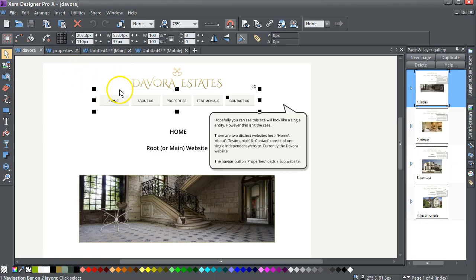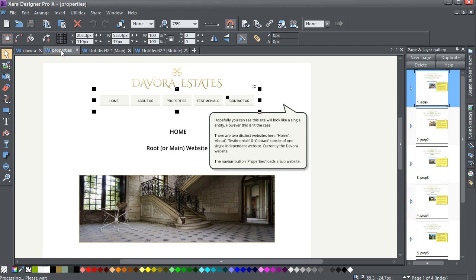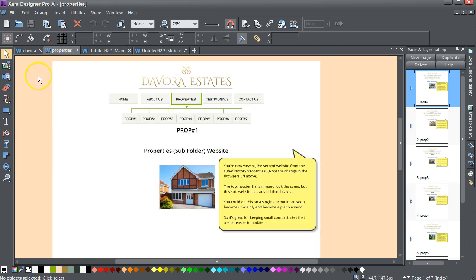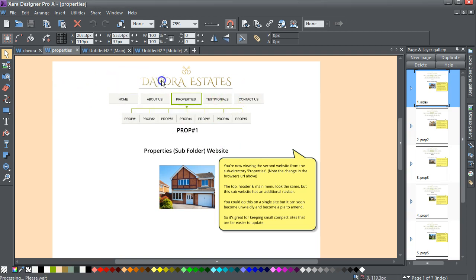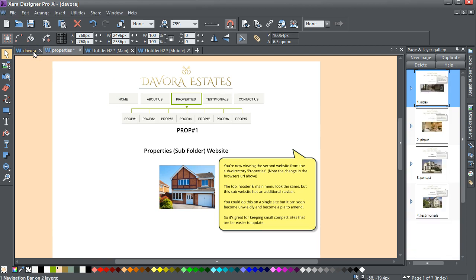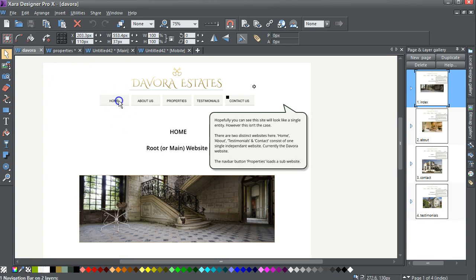We've already looked at the root directory. Now I'm going to go across and look at the properties directory. And as I say, it's got this peach background, and this bubble text has got this yellow one. But that's just to highlight the fact that that's it. But this menu is identical, as is the header up here, as is the header up there, to the main menu. And whilst in the Xara menu, if I click on the buttons here,